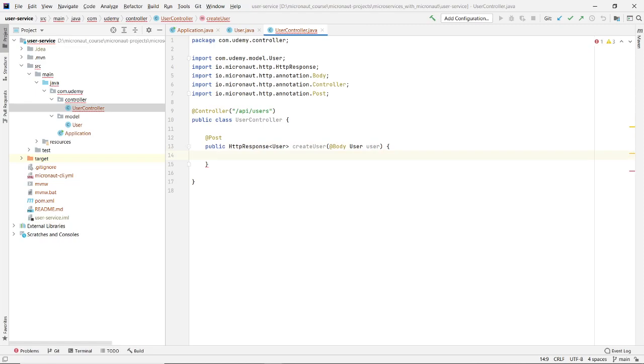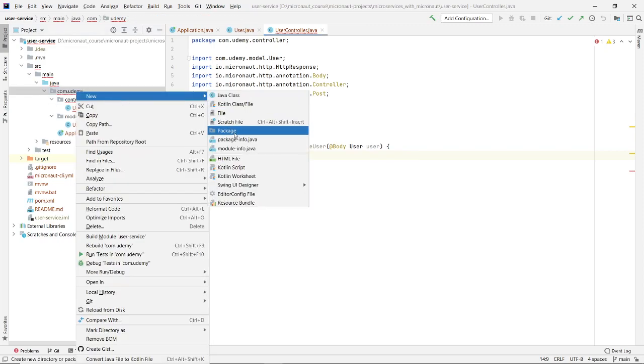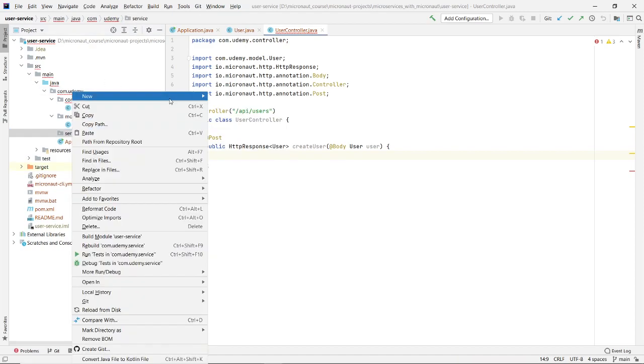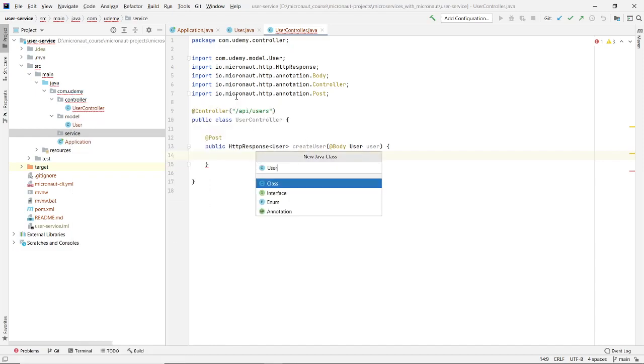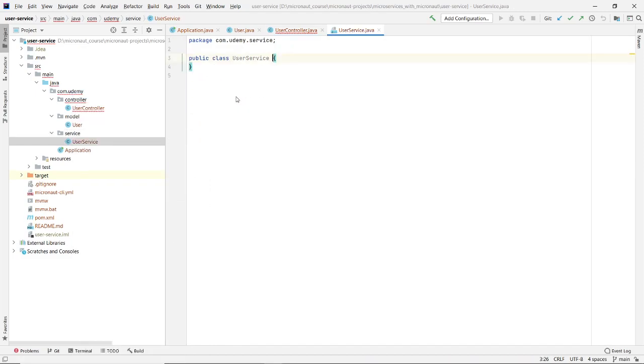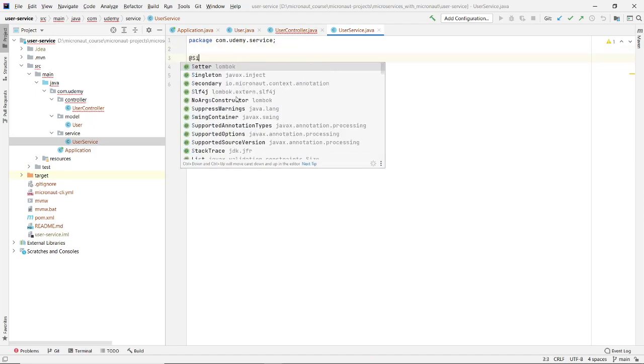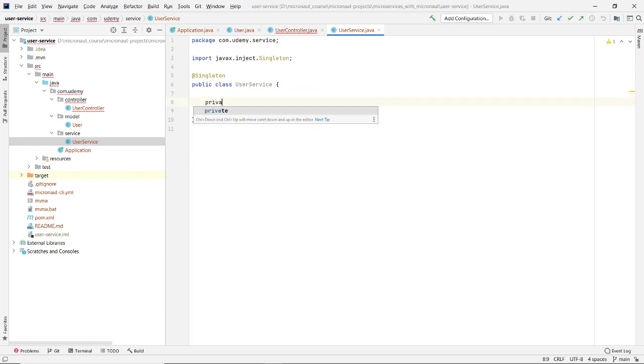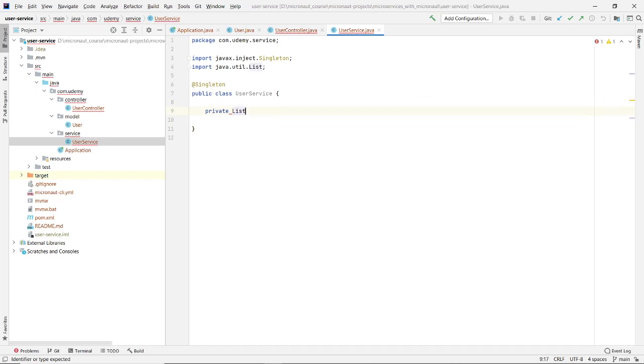and okay, so for storing this, we will create a service. So let us create a service package, and inside that we will create a user service. To declare it as a bean, we will annotate it using Singleton annotation, and here we will have one private list of users where we will currently store our user.